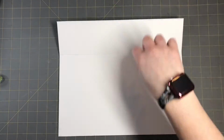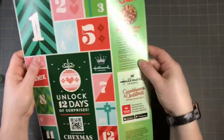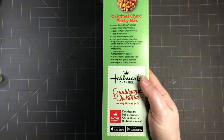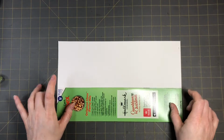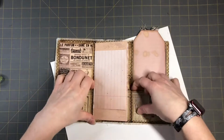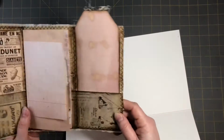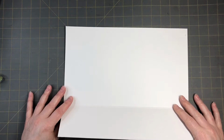All right, so I got all the flaps cut off from around it, and I want you guys to keep the middle part. See that this is like the back part of the box. Excuse me. And this part is going to be the part that we fold up to do a pocket. So we can have the pockets here. So we're just going to keep that. So yeah, that's how we're going to do. Okay. So first of all,